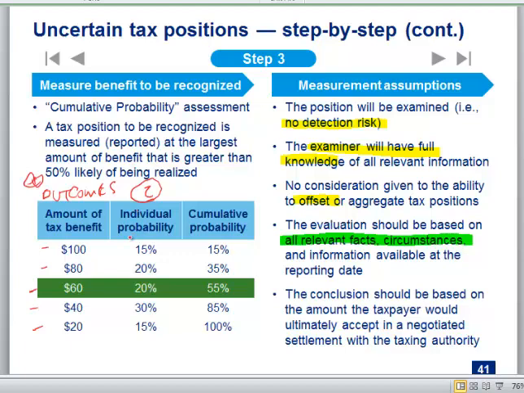So the chance that I'm going to win $100 of credit is 15%. The chance that I'll settle at 80 is 20%. Right? And so somehow you've assigned odds to these outcomes. How you do this, right, is tricky. Yeah, you know, it's finger in the air, it's guessing. But in theory, if you have a lot of experience as a tax person, you should be able to do this better than somebody who doesn't have experience, right? This is where the experience plays into things.